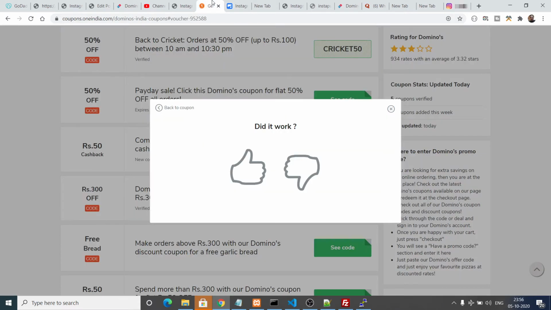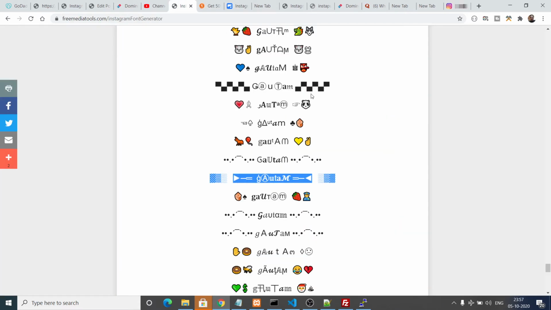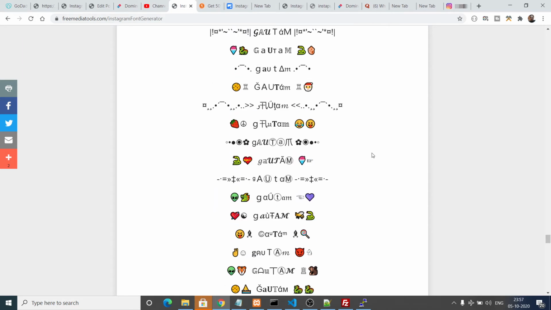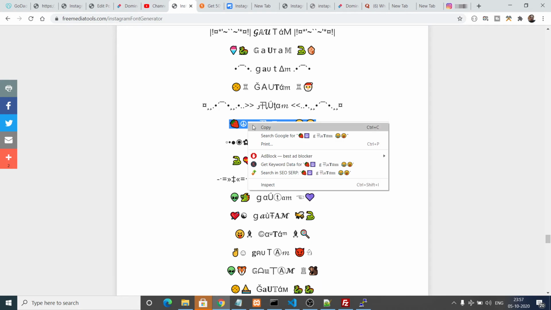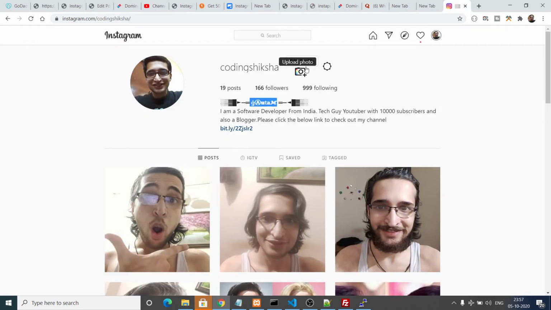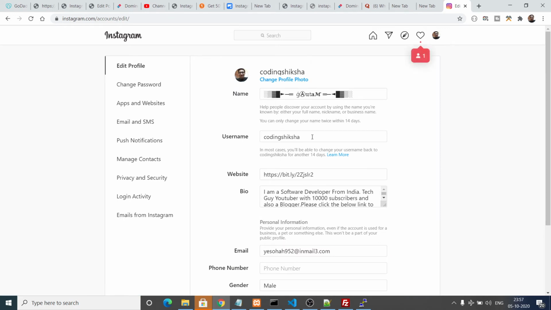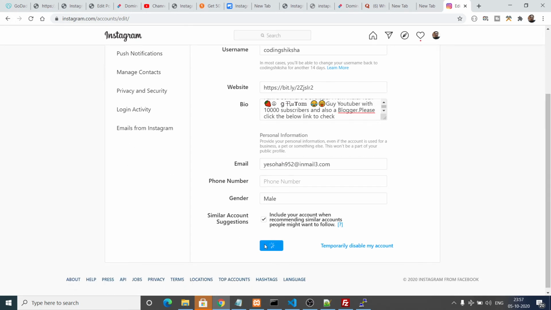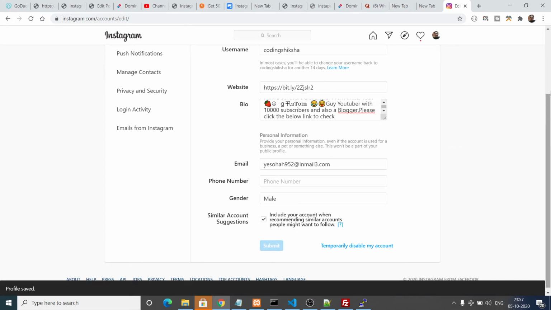So in this way you can just pick any of it, there are various kinds of fonts here. You will see if you pick this one, again the process is simple. You just copy this like this, copy, and if you want to replace it, you can even put this inside the description, like this. If I just paste it here, and submit here, so you can put it anywhere, inside the name, inside the description.